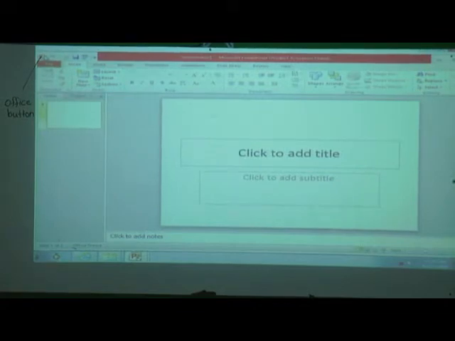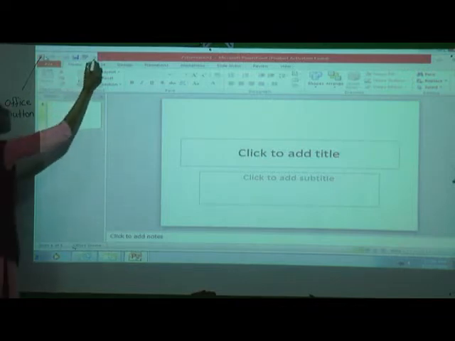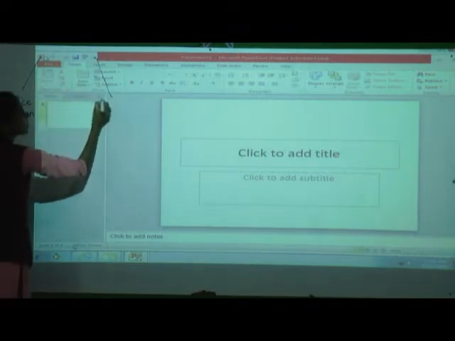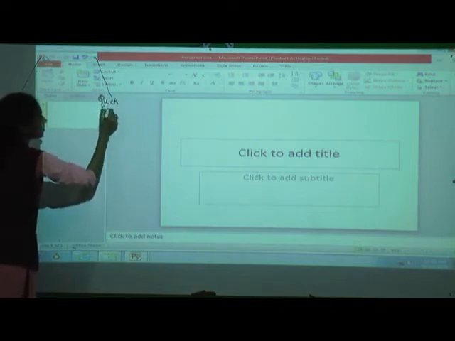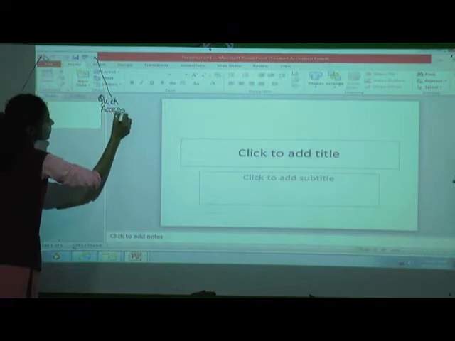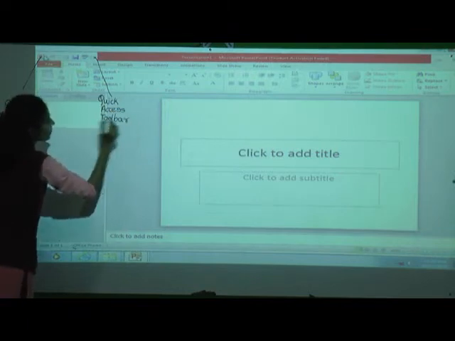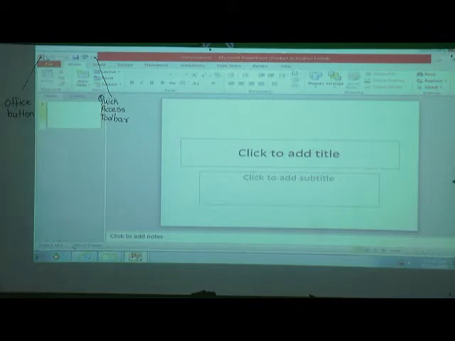The Quick Access Toolbar. First one is the Office button, then the Quick Access Toolbar, then you can see Click to add title.